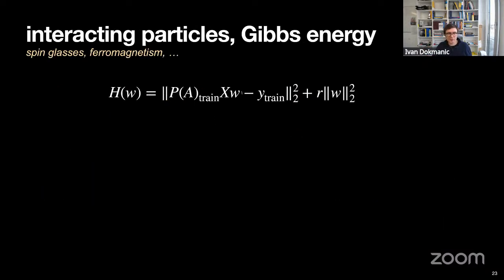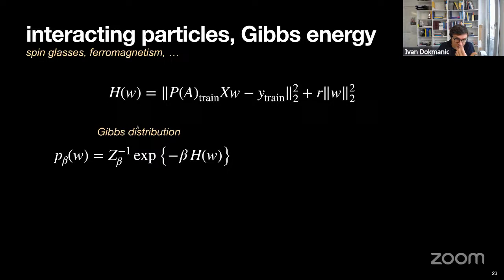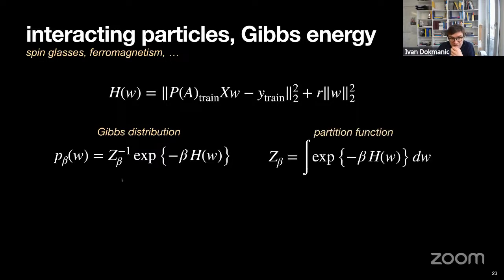Okay, so here's more concretely our energy, our Hamiltonian. This is simply the loss function. The weights here set up the parameters of the universe in which our particles live, and we're trying to find the most probable universe. In some sense, it explains our observations. I construct the Gibbs distribution in very much the same way, and the really important thing is what we call the partition function, which normalizes this Gibbs distribution.